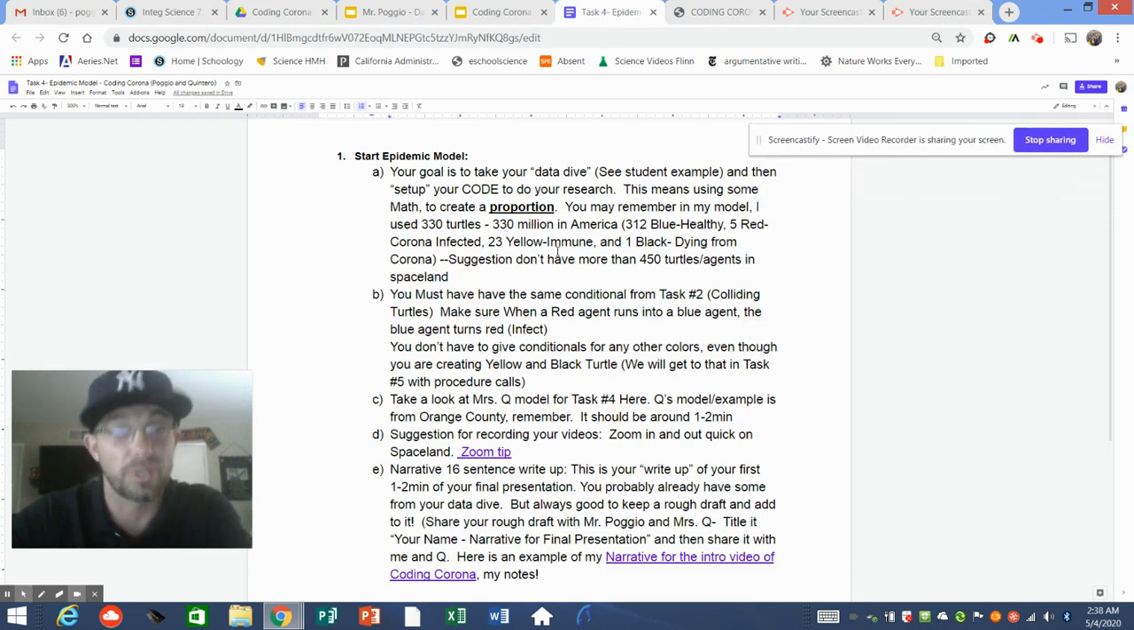I'm using 330. And I'm using 5 red because even though we've tested positive for corona less than 1/3% at this point in time, we're in May, for coronavirus, I still believe the population is a little bit higher. So I'm doing about 2% with 5 red. And I do believe there's as high as 7% of immune